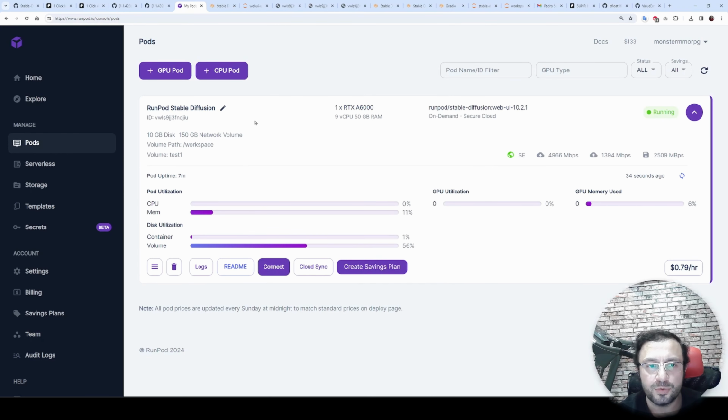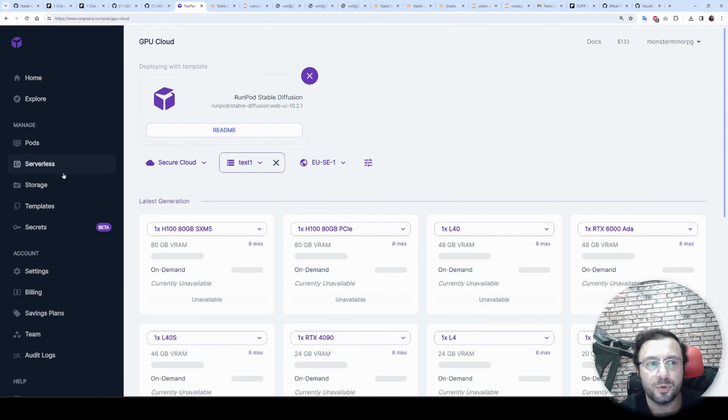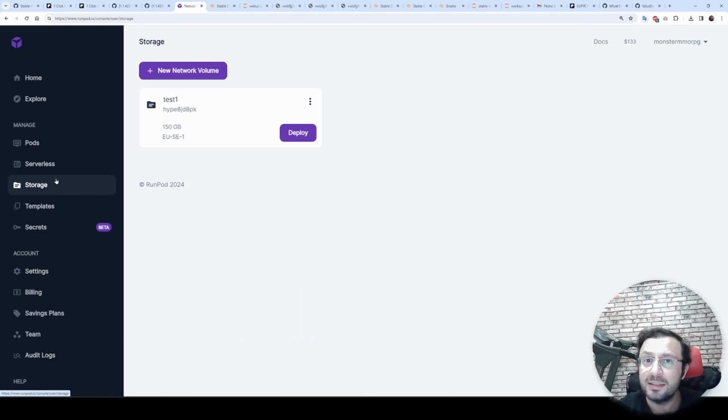So this is the way of using the network volume, how to use it. So I terminate and then I can deploy to any other pod. This applies to anything and everything. It is not only specific to Stable Diffusion Web UI. You can use this technique on literally everything, on all of my other scripts or whatever you are running.